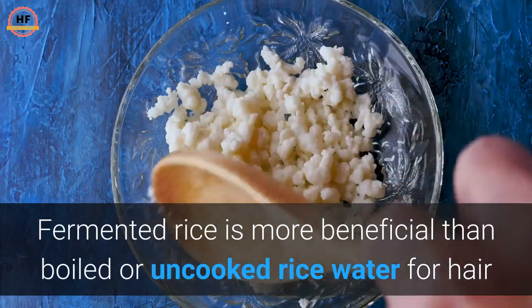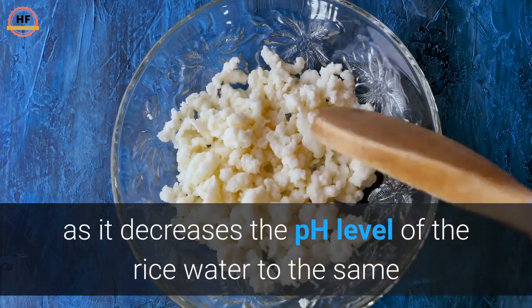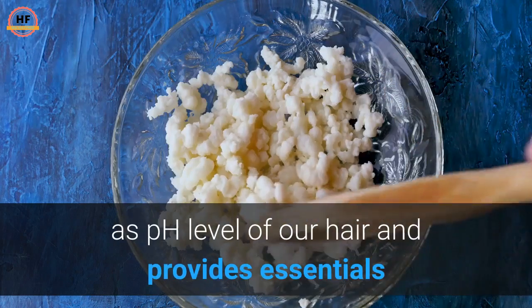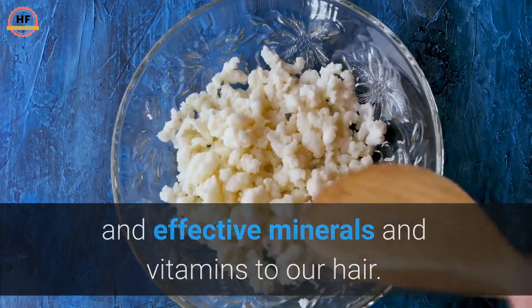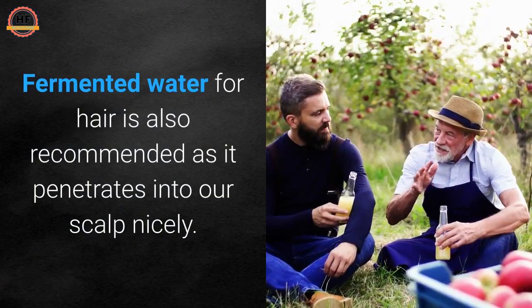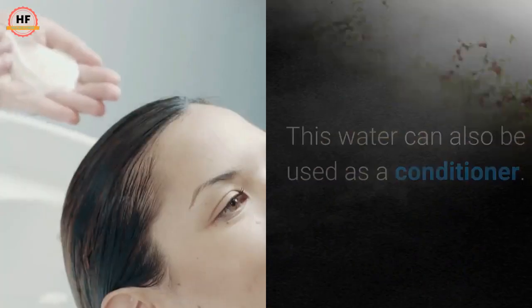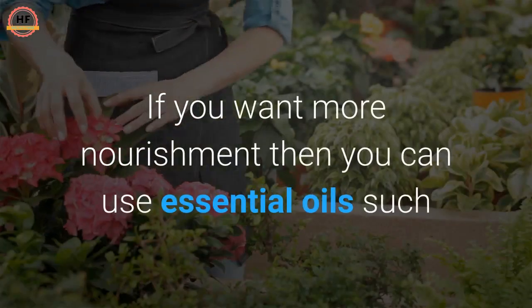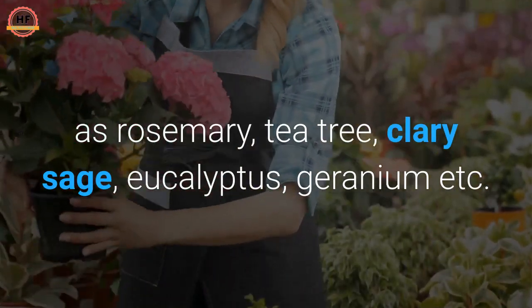Fermented rice water is more beneficial than boiled or uncooked rice water for hair as it decreases the pH level of the rice water to the same as the pH level of our hair and provides essential and effective minerals and vitamins to our hair. Fermented water for hair is also recommended as it penetrates into our scalp nicely. This water can also be used as a conditioner. If you want more nourishment, then you can use essential oils such as rosemary, tea tree, clary sage, eucalyptus, geranium